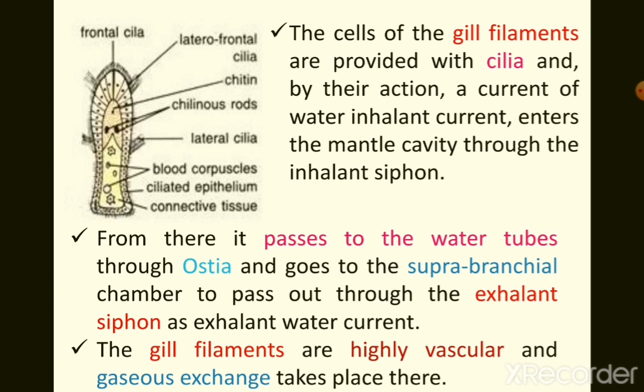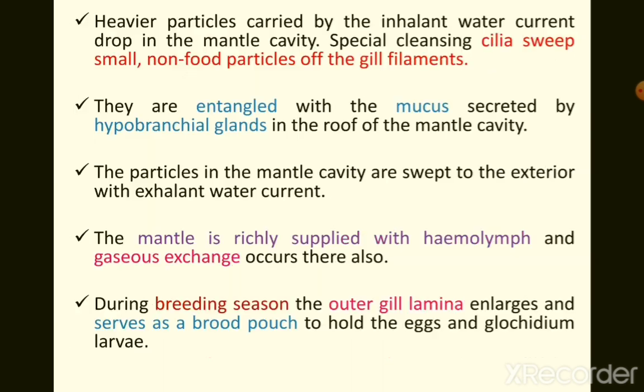Now if you look clearly into how this process of respiration occurs, it can be summarized in these two or three sentences. When the water passes through the water tubes in the gill, gaseous exchange takes place, and the carbon dioxide from the blood is diffused out into the water, and dissolved oxygen present in the water is diffused into the blood. That's how the process of diffusion takes place, and the blood gets oxygenated and is carried back to the heart. Now, how exactly does the course of the water current occur?